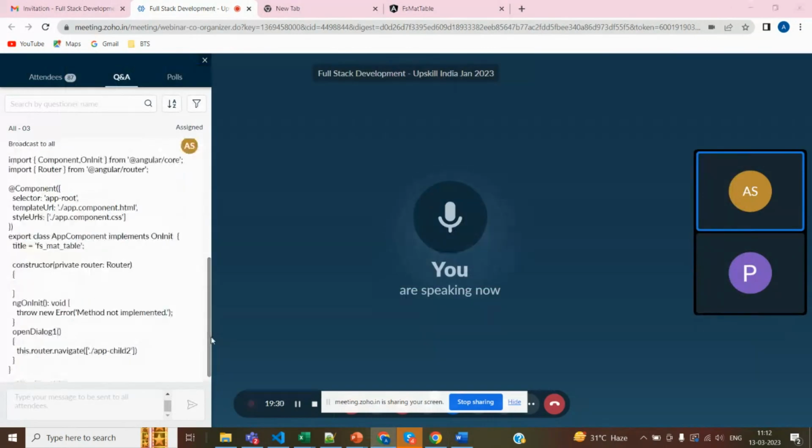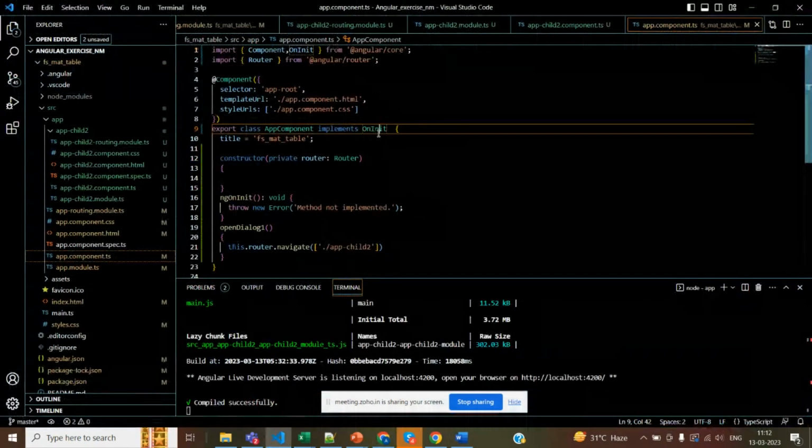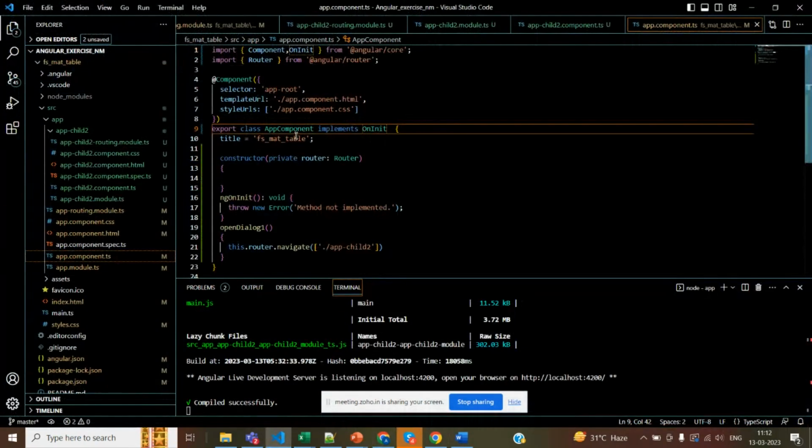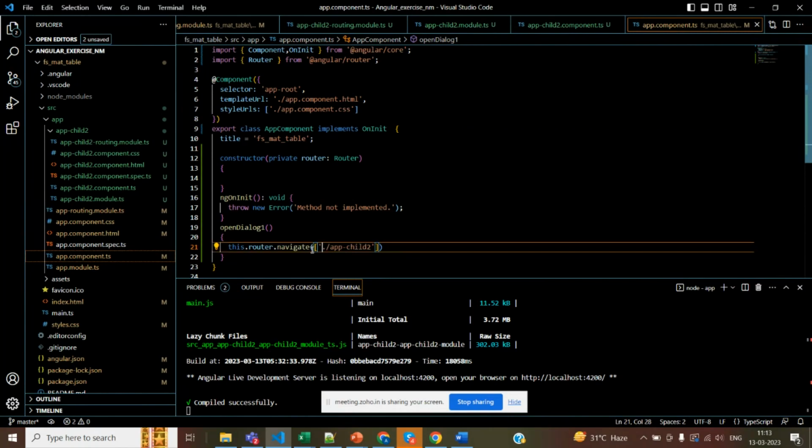Just copy paste it and put it in the TS file. Okay. And next thing, step 3 is over with respect to the TS file. This navigate function will lead to the